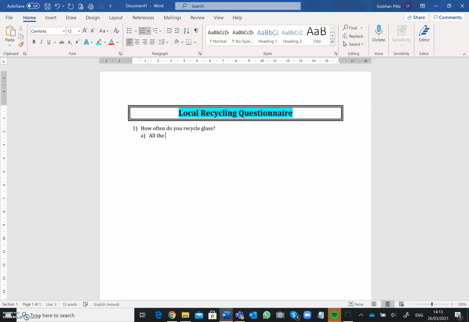So all the time, most of the time, occasionally, and not at all. So there are options. So I'm going to hit return and return again, and I'm on to number 2 for